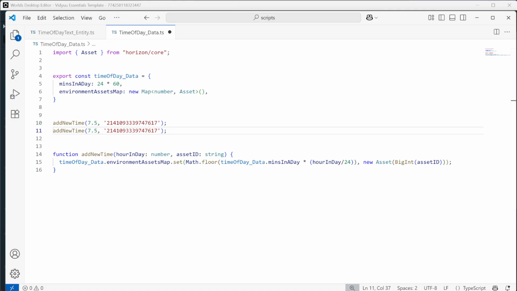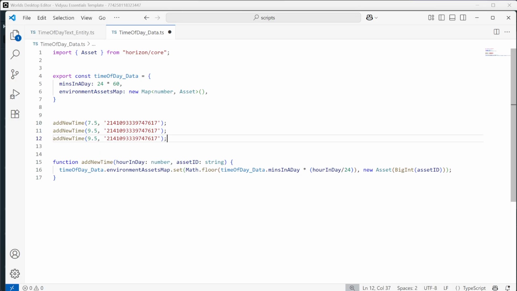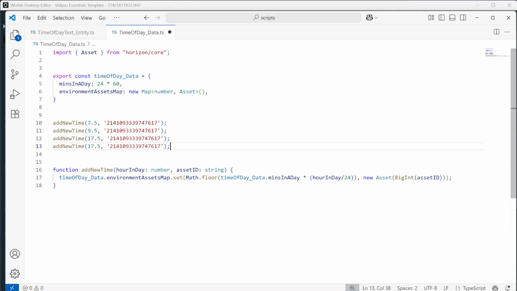So let's go find another time of day to use with this. I think for now we're actually going to just have 3 of these set up with the same, and then we'll adjust it to be something else in a minute. So let's imagine we want one to take over at 9:30 a.m. So 7:30 a.m. is when we get sunrise, 9:30 a.m. we'll do a full day, and then Control-C, Control-V, and then around 5 p.m., so 17:30, we'll do sunset, Control-C, Control-V, and 19:30 we'll do night, and then